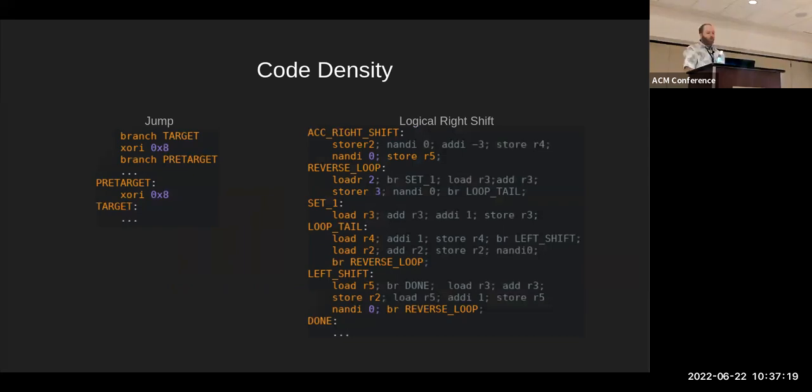One such opportunity could be considering code size in addition to gate count. Because we had made ISA decisions trading off ISA expressivity for reduced gate count, code density was significantly impacted. For example, performing an unconditional branch requires up to 4 dynamic instructions, while performing a logical right shift requires reversing the bit order, performing a left shift, and then reversing the bit order again, a rather clunky program. Therefore, one opportunity is to re-examine the operations supported by the ISA with a goal to reduce code size and instruction count.